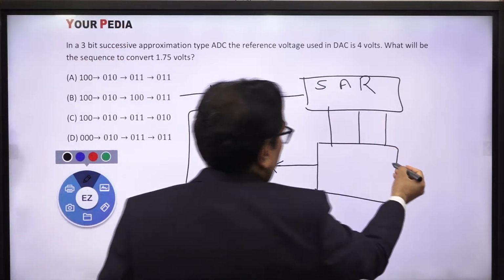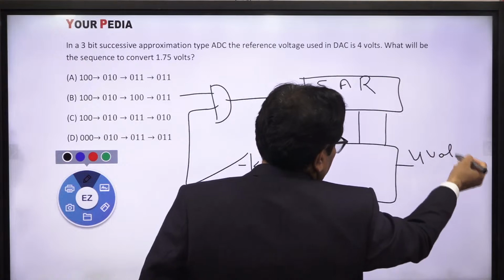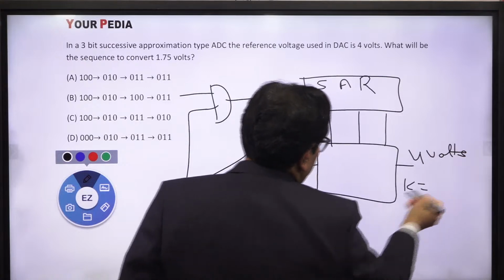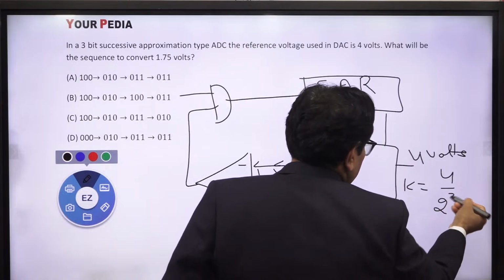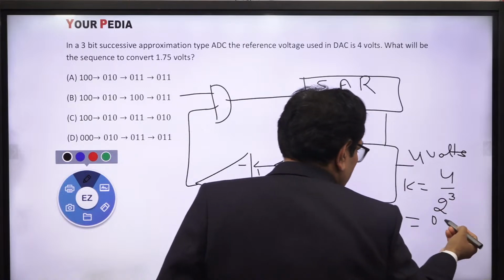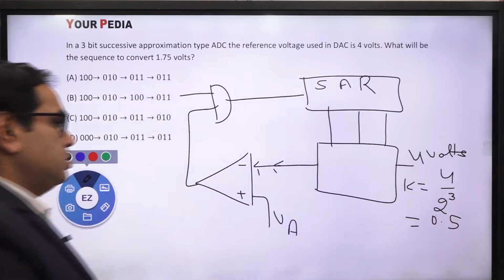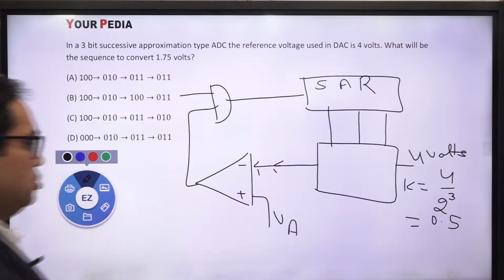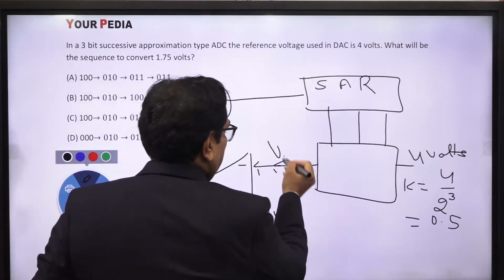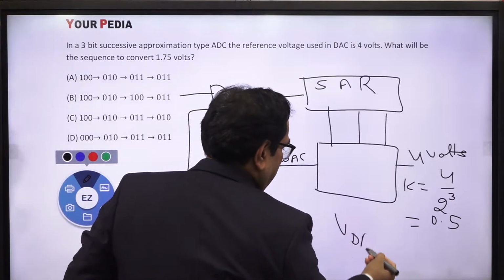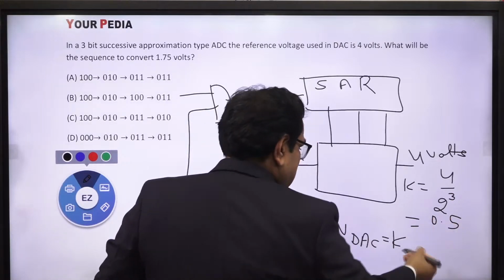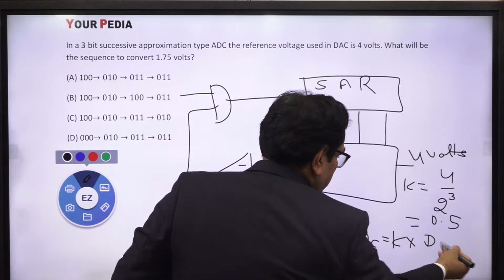Now 3 बिट की ये ADC है और 4 वोल्ट का V reference है यहाँ पे, 4 वोल्ट। So what will be the step size K? Step size K will be equal to what? V reference upon 2 raised to the power 3, so equal to 4/8 मतलब 0.5। सो इसमें जो स्टेप साइज है वो 0.5 है। सो यहाँ पे जो आउटपुट आएगा V DAC, वो क्या रूल को फॉलो करेगा? V DAC will be equal to K into this step size K into decimal equivalent of the digital input. ओके,